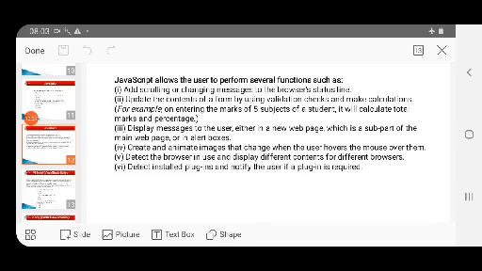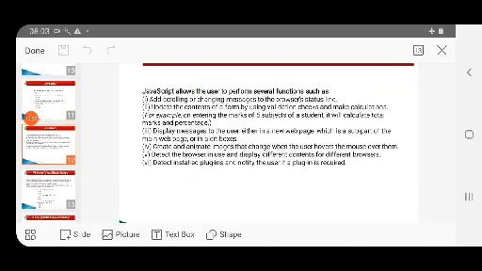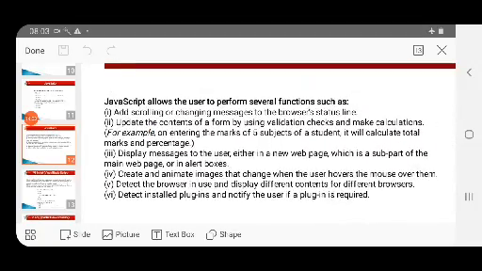Now let us see how JavaScript allows the user to perform several functions. So what are the different functions of JavaScript? It adds scrolling or changing messages to the browser status line, updates the content of a form by using validation checks,